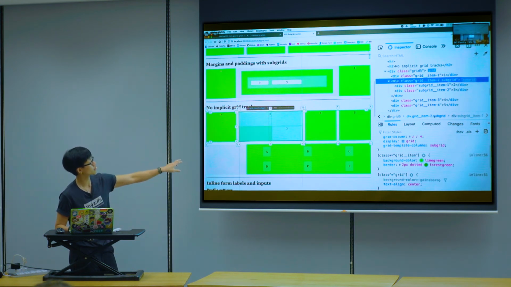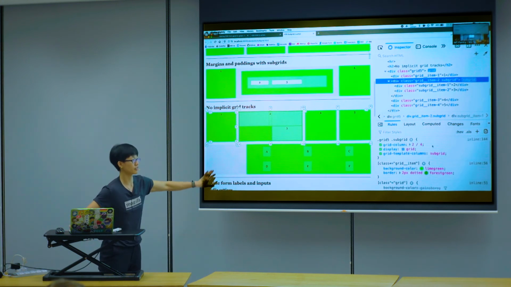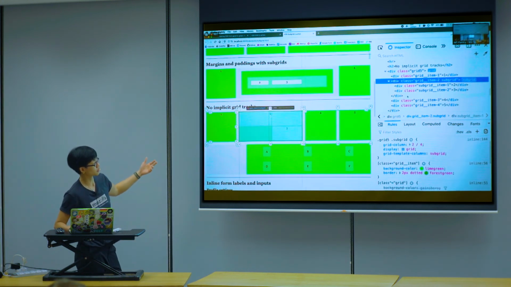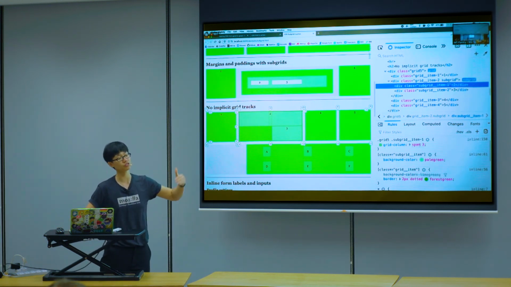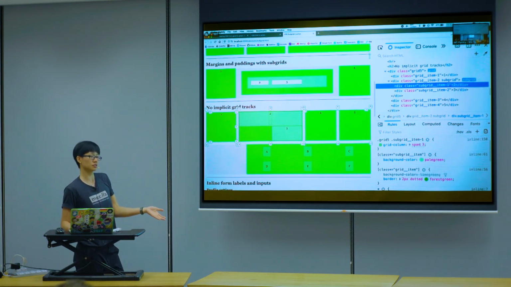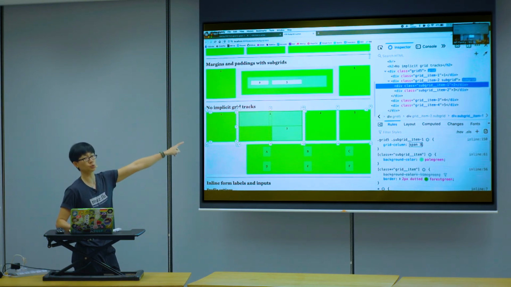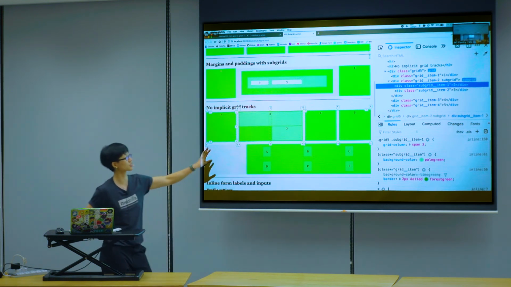The subgrid that I've defined is a two row, 2 column area. Inside my subgrid, even if I choose to size it to the width of 3 columns, the browser will clamp it. The browser is like, no, your subgrid only got to this size, so I'm not going to expand this any further. So even if I span 4, 5, 6, 7, it will forever be 2. So that's what we mean by no implicit. The browser is not going to generate more columns inside the subgrid to hold your item. It doesn't work that way.